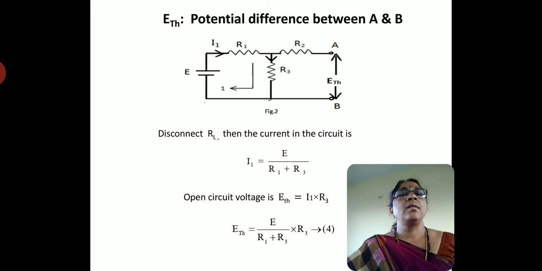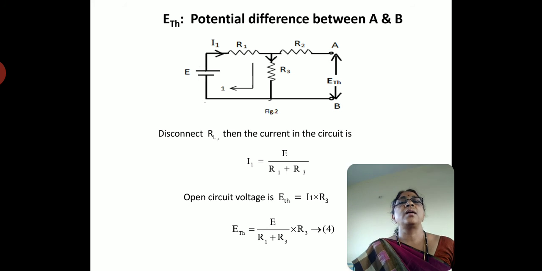So therefore, this is the circuit which is used to find the potential difference between A and B. Here, to find the potential, that is the Thevenin's voltage, the first step is to remove the load. Remove the load and measure the voltage between A and B. Here, as there is no way for current to flow through R2, the presence of R2 is not considered here.